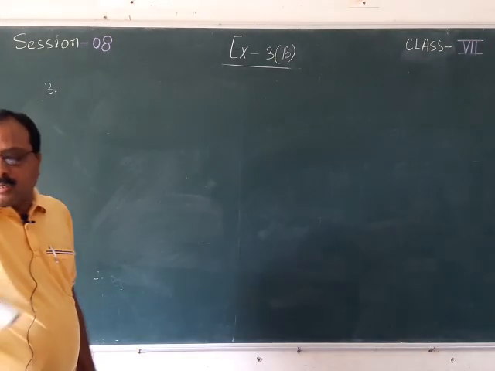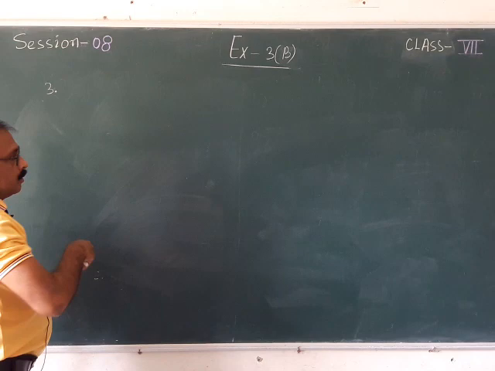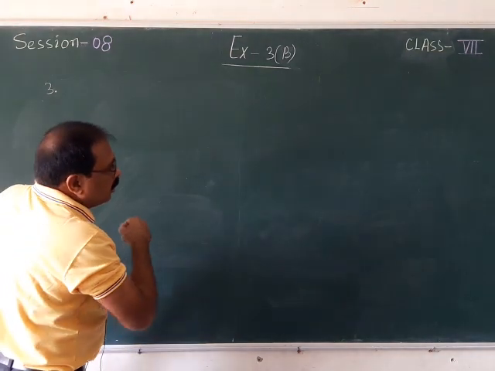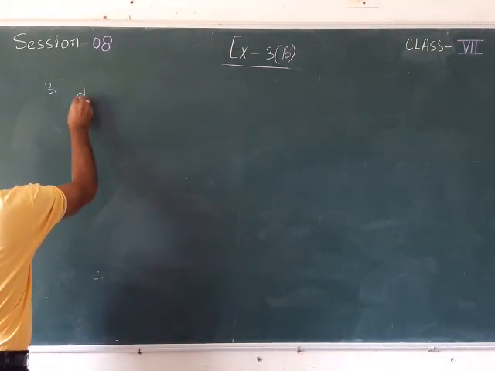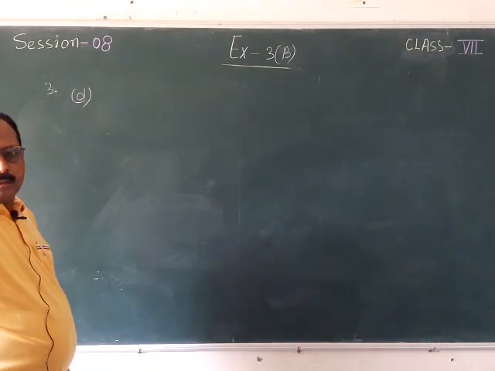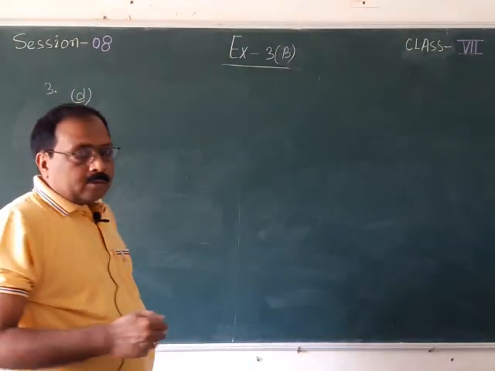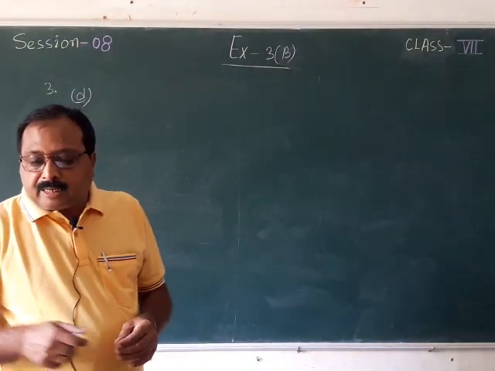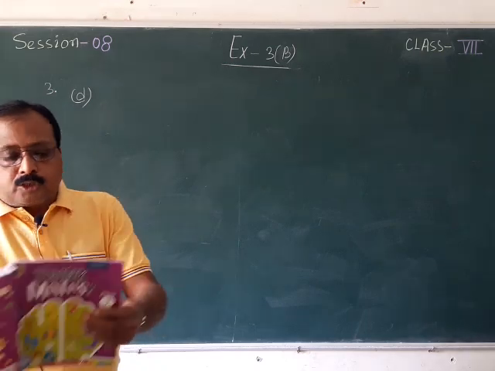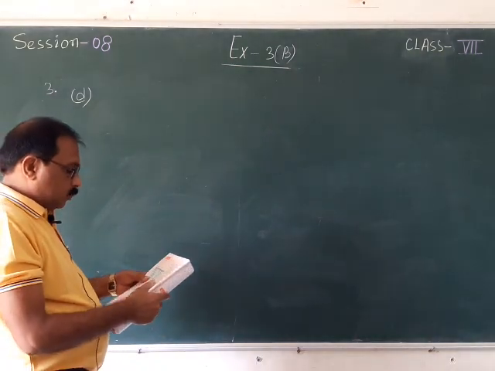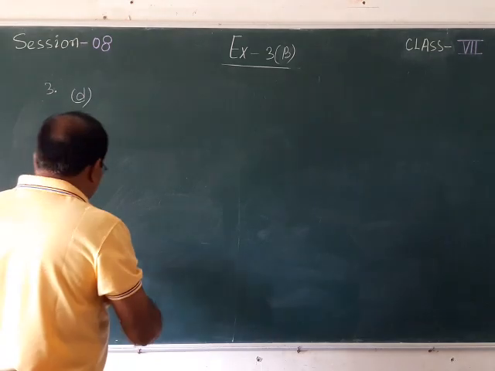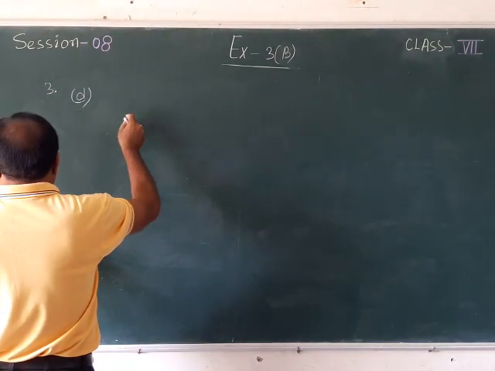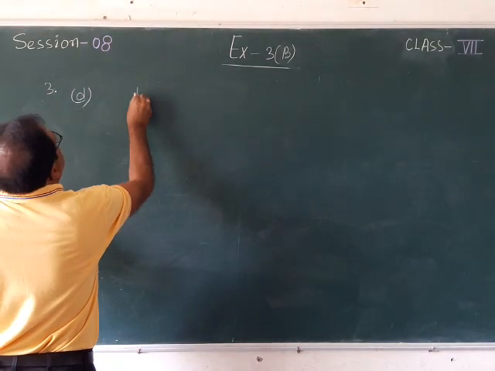So this is question number 3D. Yes, so this time I have taken question number 4D. Swarna wants to swim a distance of 705.16 meters. So total distance